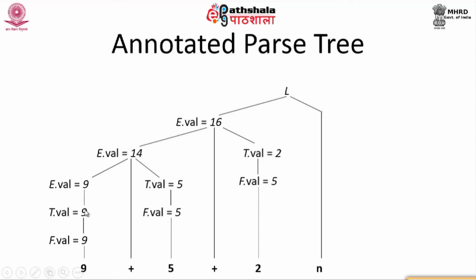We evaluated this, and I want to evaluate this. I have to evaluate F dot value, T dot value, and then come back to E dot value here. So I have basically gone all the way up till the first F dot value and then have integrated the values to get up to the root. So this is nothing but a DFS which is being performed on the parse tree to actually compute and assign values, which is based on the semantic rule which is already written.